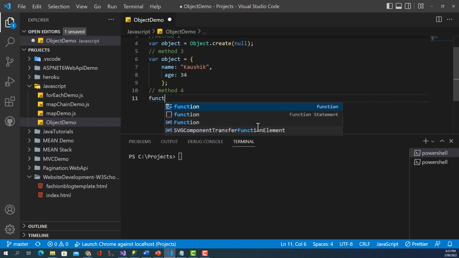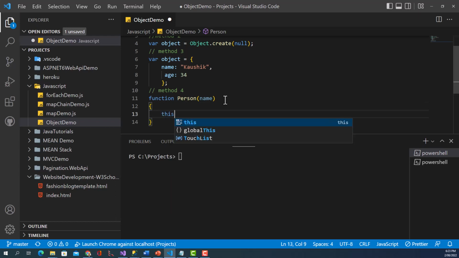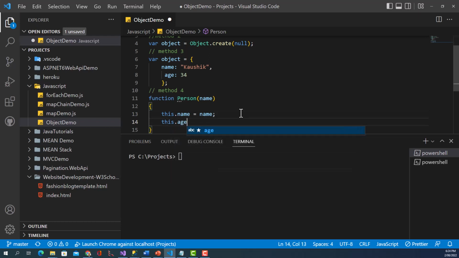So this dot name equals name, the supplied parameter argument to this function person, and say this dot age, then this dot age. Okay, and then